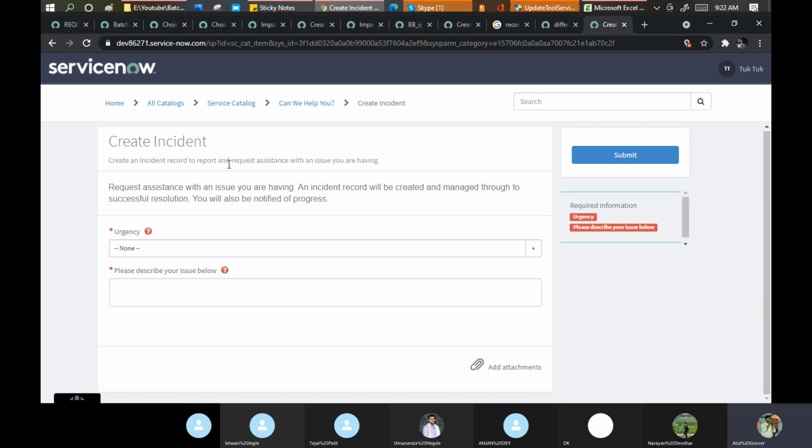Can I make changes here? Yes, you can make your changes easily here. You can change this, this, and this, and you can change the fields as well. See, there's no button called add to cart. Will you add your refund request in the cart? Definitely no, never. The reason is they don't have a delivery time because they are not going to deliver this to you. They will see your incident and then decide what is the SLA running behind it.